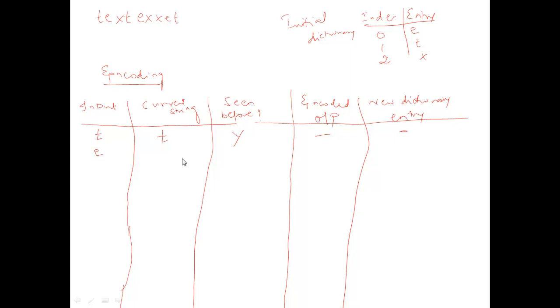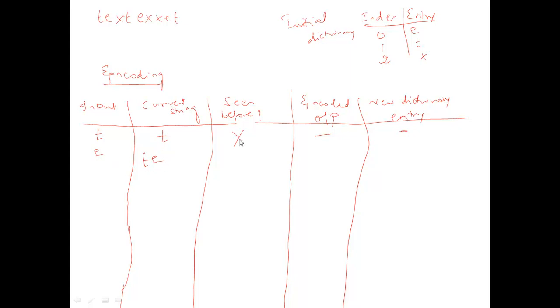Okay. Now, what is a current string? What you need to understand is, current string is nothing but whatever is not encoded previously plus the present input. So, earlier we had only one completed letter T. That T also we did not perform encoding. So, current string is nothing but this T, which is unencoded, with the current present input E. So, TE is the current string.